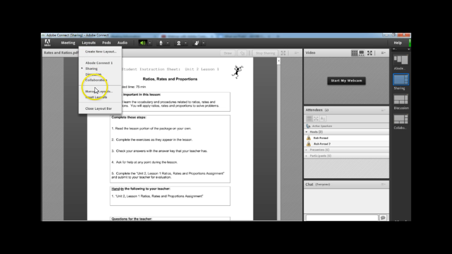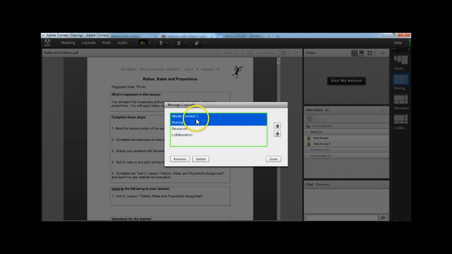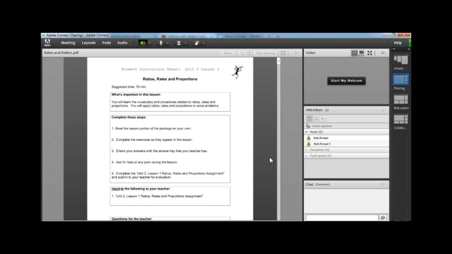I'm going to click on Manage Layouts again. Here, I can also rename again in the sense of I want to add perhaps the allotted time for that specific layout, so the attendees know how long they'll be attending that session or layout. So I can click on the layout that I have and rename it. I can perhaps list it as 10 minutes. I'm going to click on Done, and now the candidates will know that this webinar session for this discussion piece